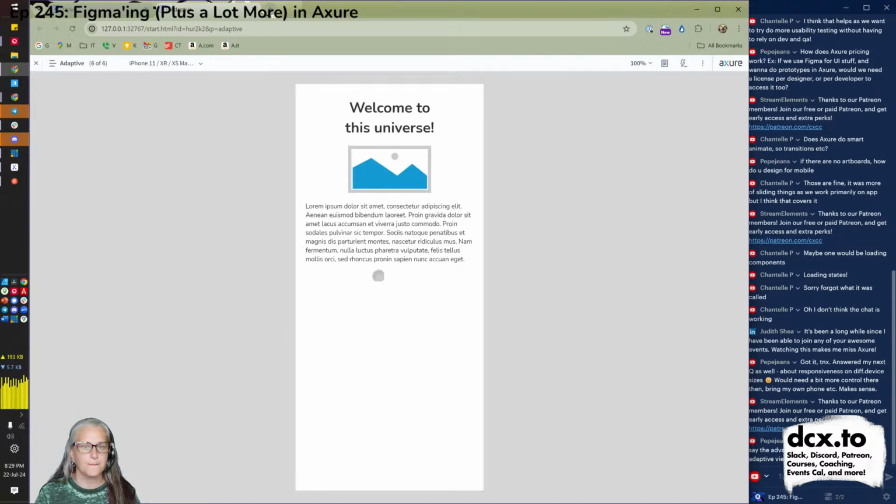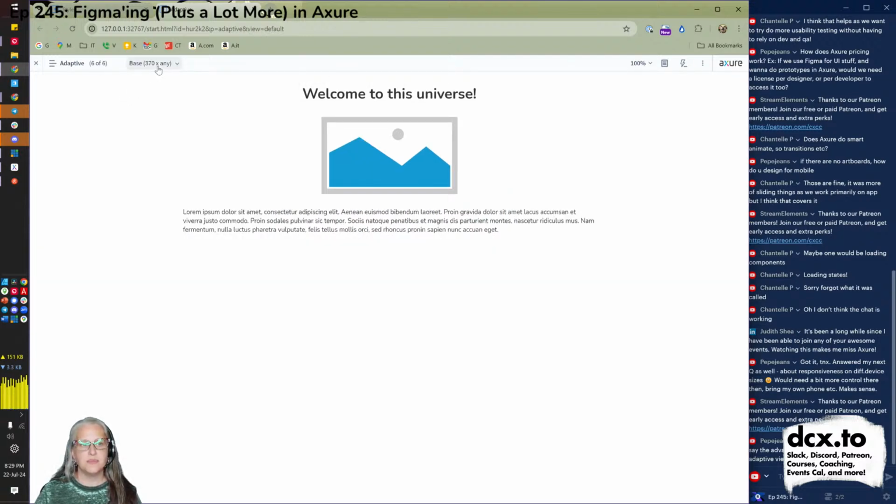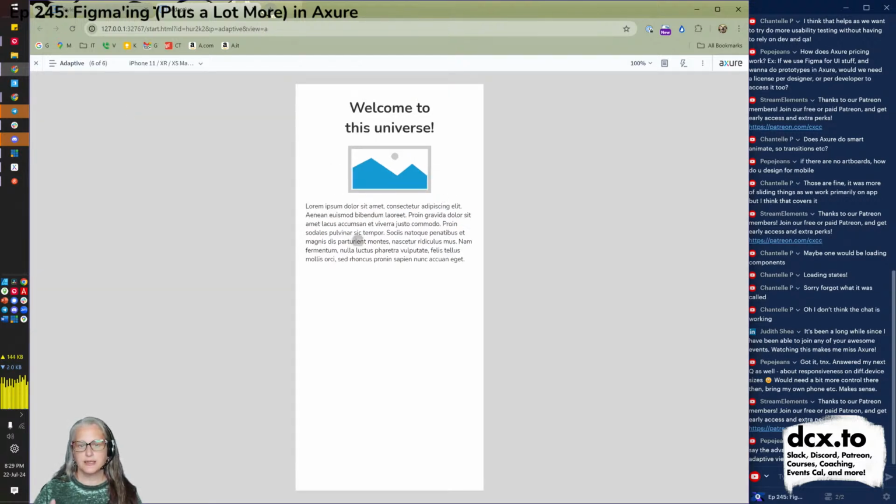preview rather. So here we're forcing it to pretend it's a phone. That's from this drop list over here. So we could say, give me my base or give me my iPhone version and let's pretend. So it gives you a little floating finger here. So if this scrolled, you could make it scroll. Or I can say adapt.